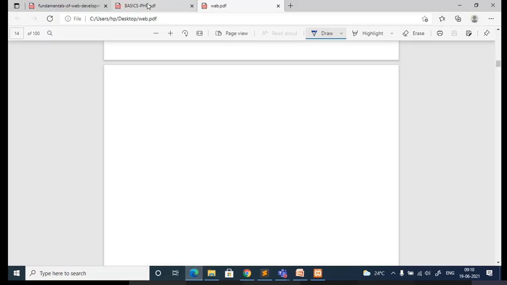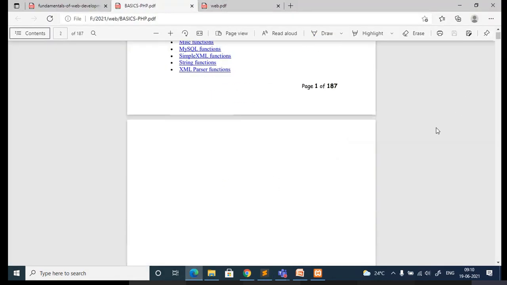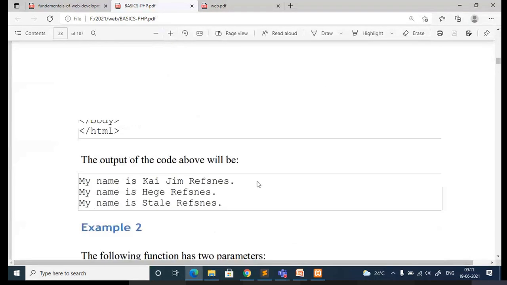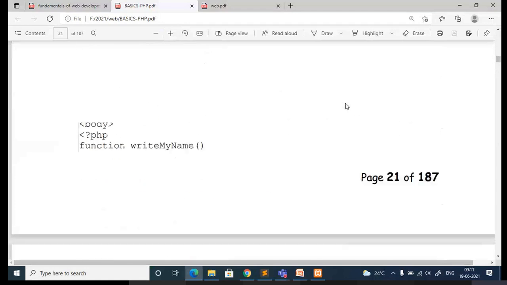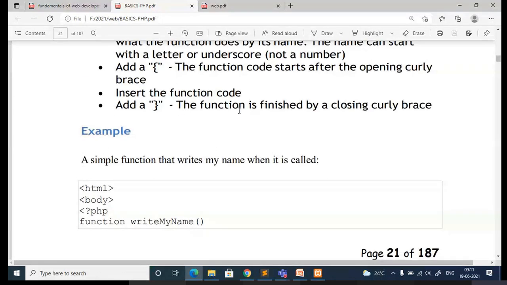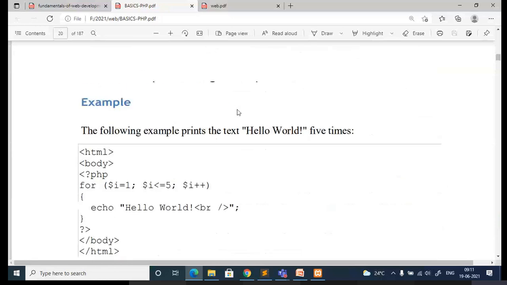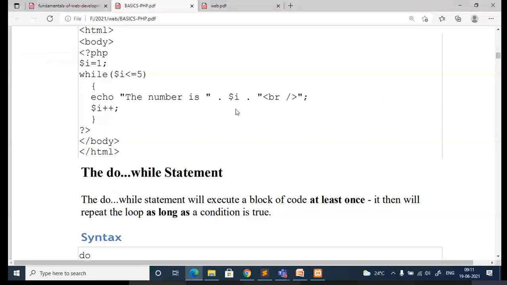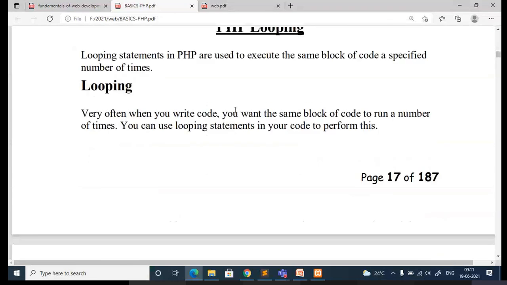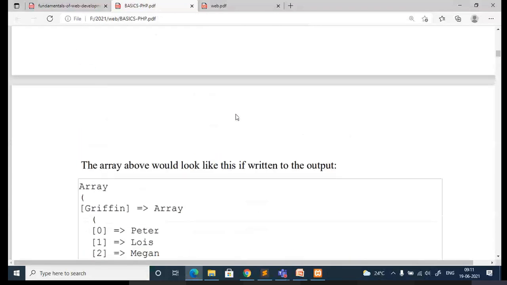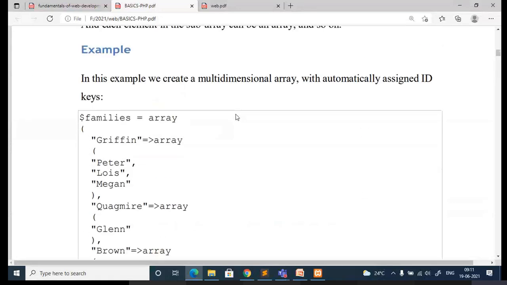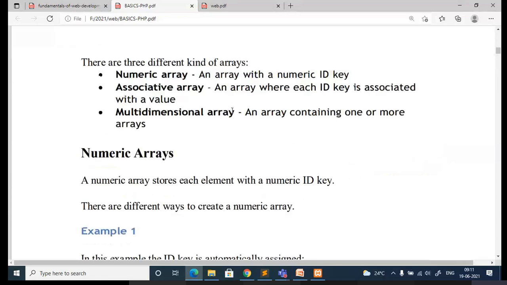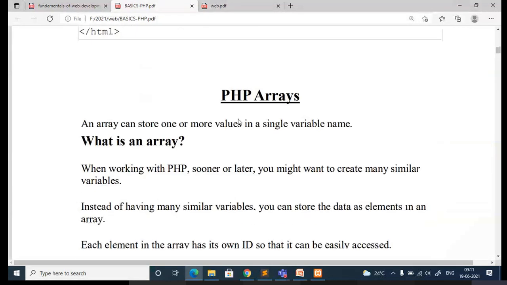So let me just quickly go to the basics. Okay, we'll go to the functions later. Before that, here I have not talked about the math functions. Okay, if you want to find a square root of number or how you can round the number, all those things, I'll touch upon some of the mathematical functions. Then I'll go to the next part. So then we have important topic today, that is arrays. We are going to cover the array part in this class. Okay.